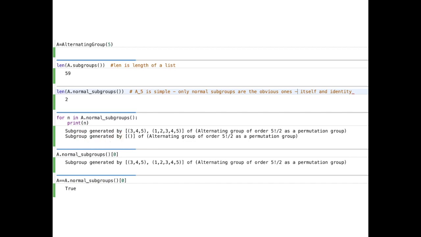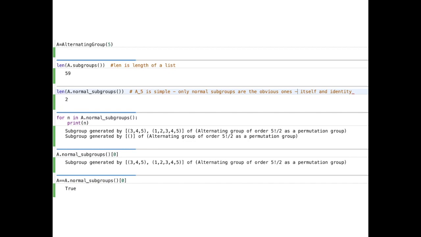Okay, and then I ask, is the entire group A equal to the first element? In other words, the subgroup generated by (3, 4, 5) and (1, 2, 3, 4, 5), and it returns true. So what this is saying is that the group generated by (3, 4, 5) and (1, 2, 3, 4, 5) generates the entire group. In other words, if you have a subgroup that has these 2 elements in it, then it has to be the entire group. Anyway, so the point is that A5 is simple by just checking in Sage that it has